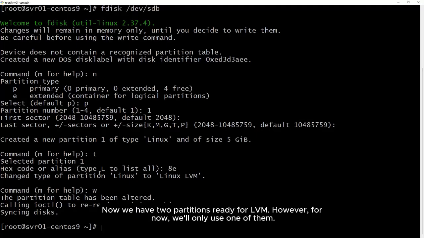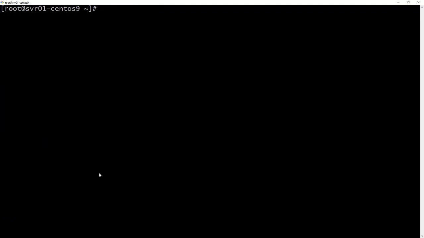However, for now, we only use one of them, so we can later see how to expand our LVM more easily. Okay.